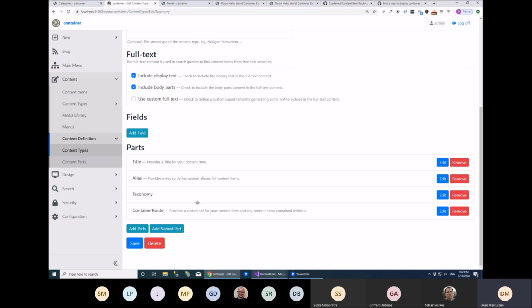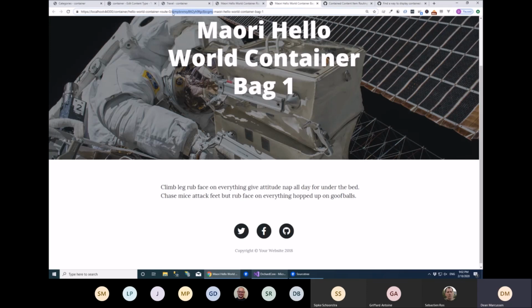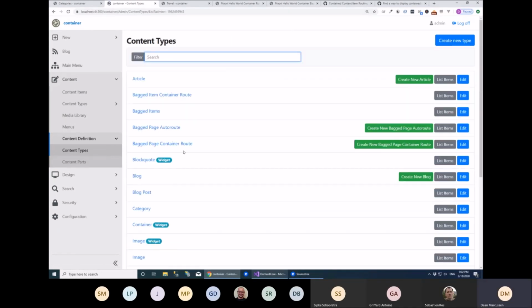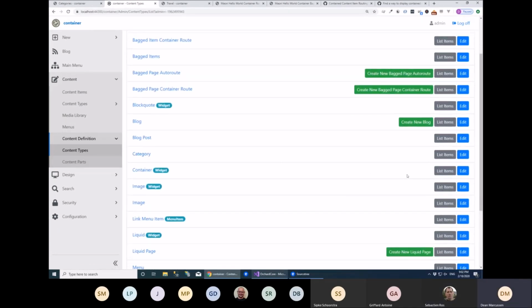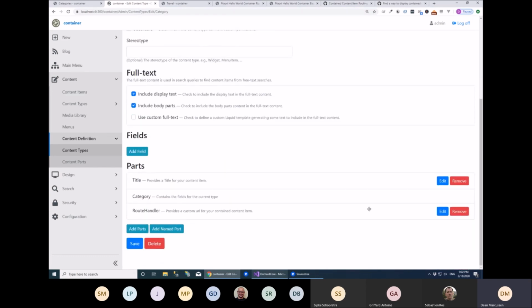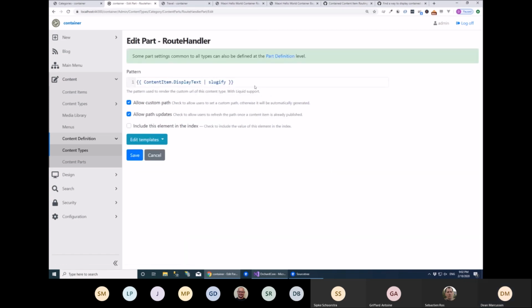So initially you add a container root part, and then that will create a URL based on the contained content item, and if it has it, some display text. When you then want to get a pretty route for it, you go to the item that's contained in it, and you add a root handler aspect or root handler part, which allows you to set what the pattern will be,